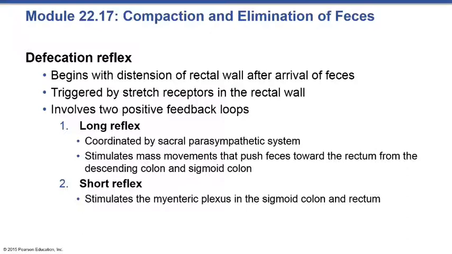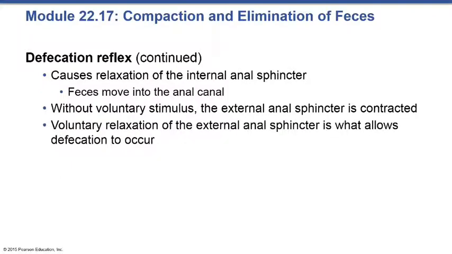And there are two positive feedback loops. Remember, positive feedback loops are those situations where once begun, they go to completion. There's a long reflex. This is going to be coordinated by your sacral parasympathetic system. This is going to be the mass movement of feces pushing toward the rectum. And then there's going to be a short reflex stimulated by those myenteric plexus that you see in the colon and the rectum. This is going to cause relaxation of the internal sphincter and moving feces into the anal canal,